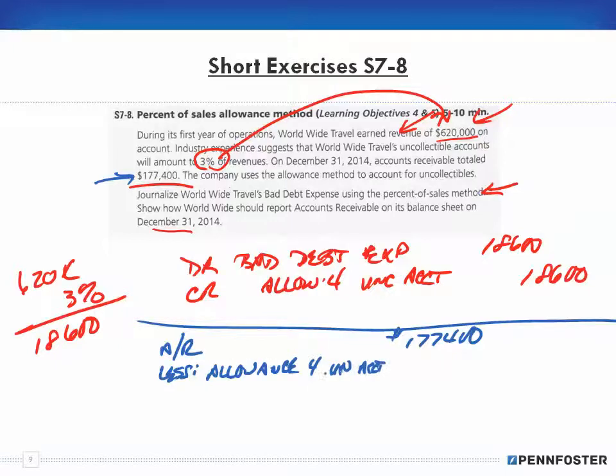But you'd write out allowance for uncollectible accounts or allowance for doubtful accounts of $18,600, and then that would give me a net